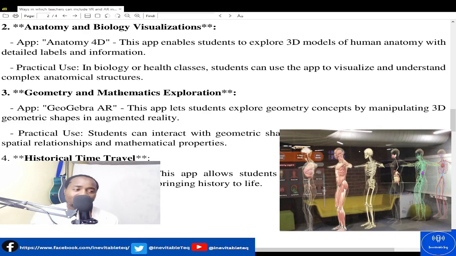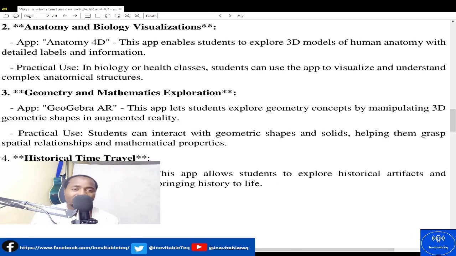It is able to present labels. It is able to give detailed information about specific parts of the human body, which is very important. Now the other